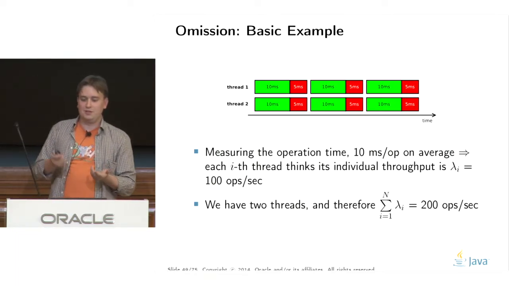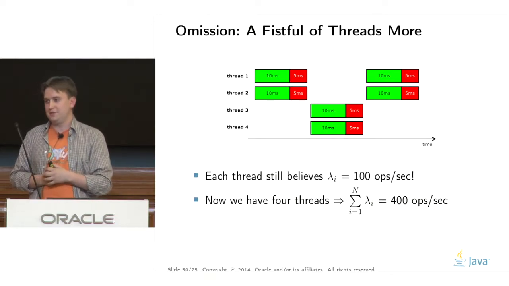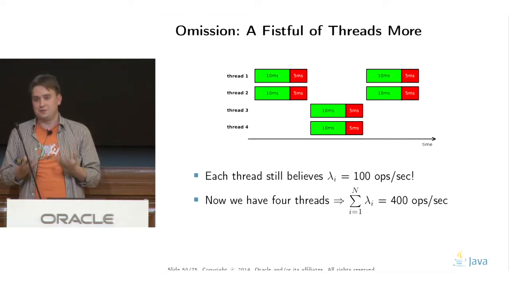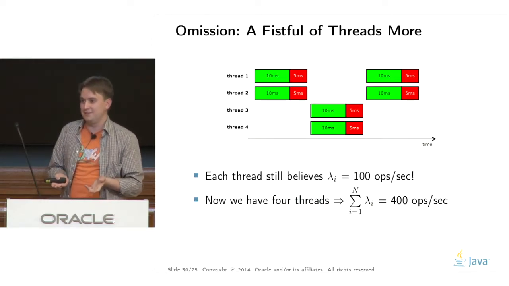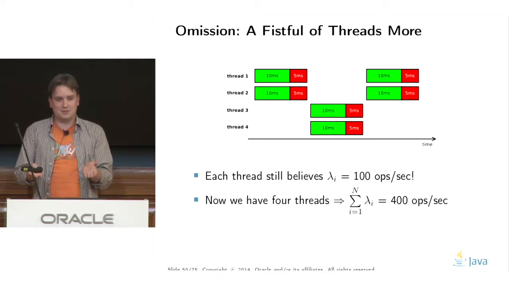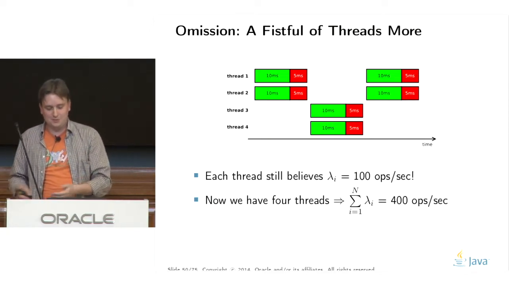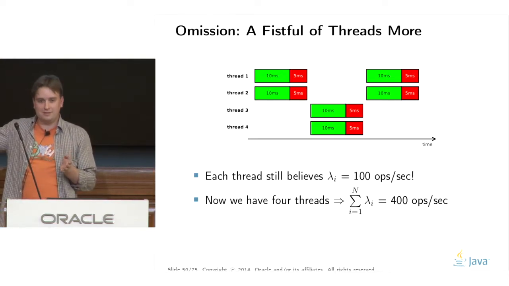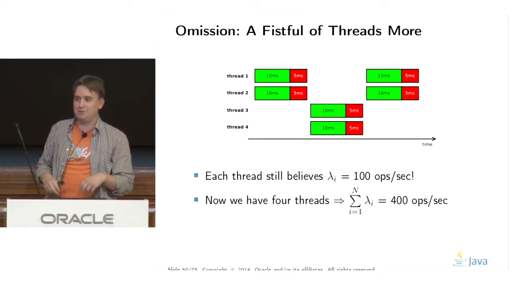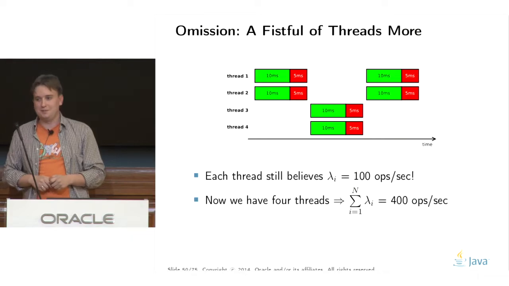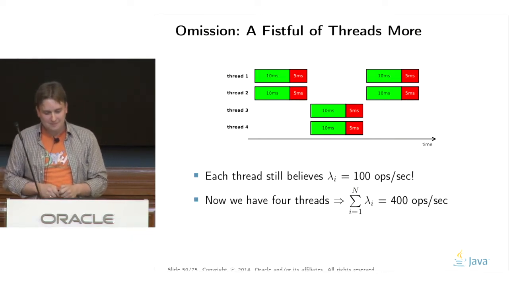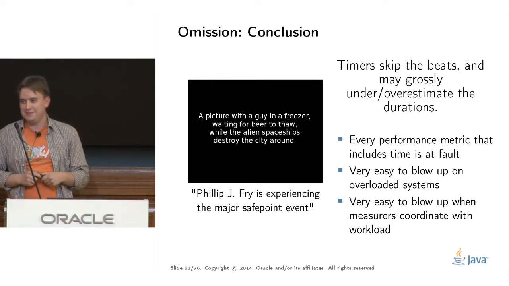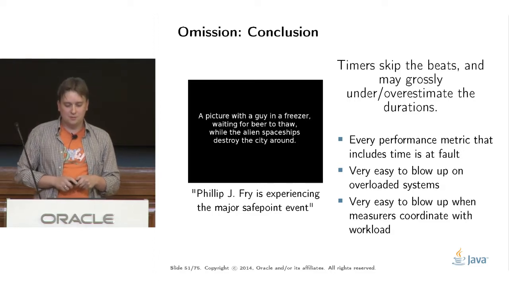The problem, of course, comes when 2 other threads come in, and they start to deschedule the first two threads. Each thread still believes its individual throughput is 100 operations per second, because that's what I measure with individual timestamps. But now I have 4 threads, and so the composite throughput is 400 operations per second. And I can show 1,000,000 threads there, and my perceived throughput would be 1,000,000 times faster, which is obviously wrong, right? So the lesson is that the timers keep the beats, and they can grossly over- and underestimate